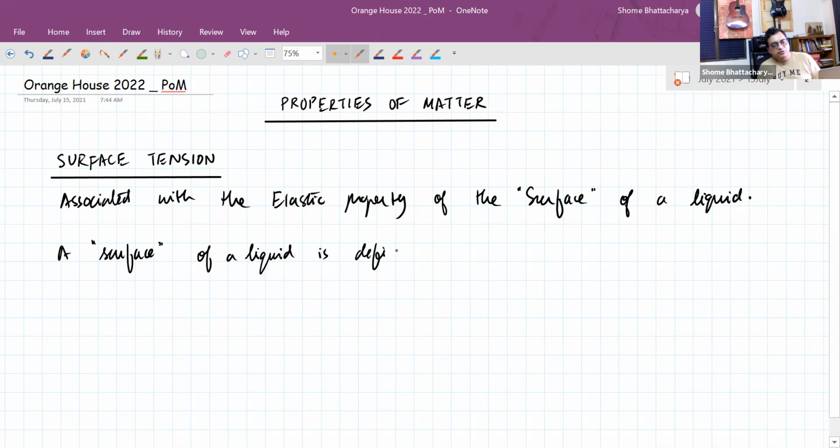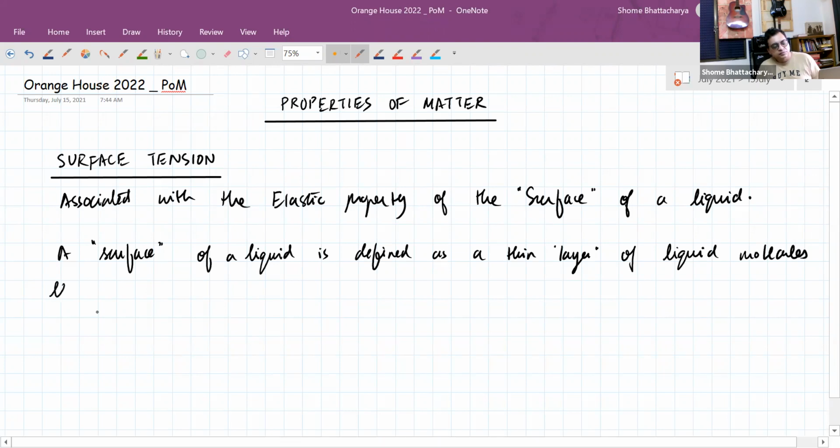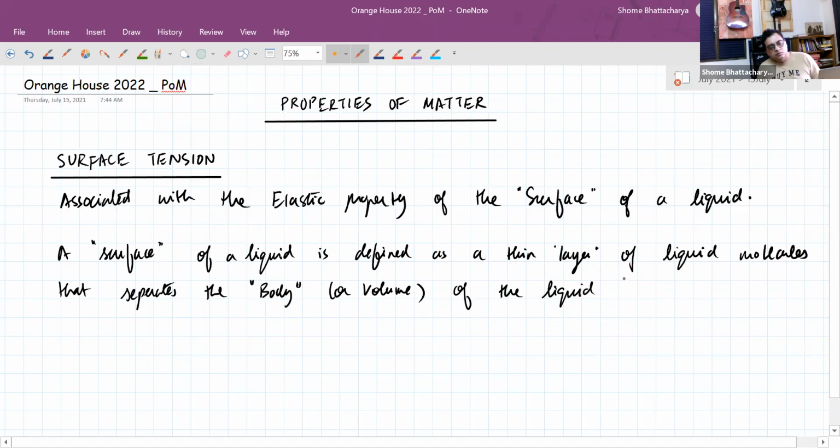is defined as a thin layer of liquid molecules that separates the body or volume of the liquid from its environment. Okay,